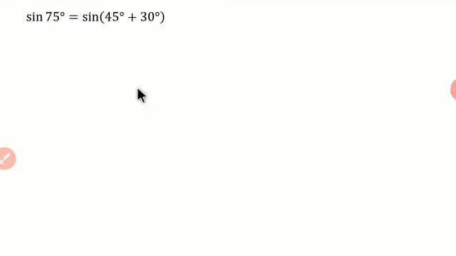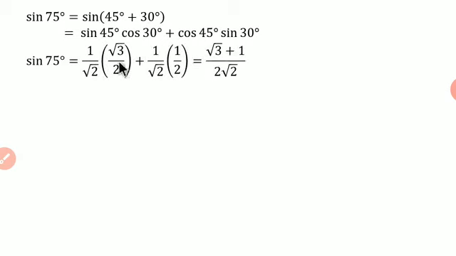So now this sin 75 degree can be written as sin of 45 degree plus 30 degree. Now use your sin (A plus B) rule. It is sin A cos B plus cos A sin B. It is equal to sin 45 degree into cos 30 degree plus cos 45 degree into sin 30 degree, which is equal to 1 upon root 2 into root 3 by 2 plus 1 upon root 2 into 1 upon 2. Denominator in both the terms is 2 root 2, and so their numerators get added. So it is equal to (root 3 plus 1) upon 2 root 2. This is the value for sin 75 degree.